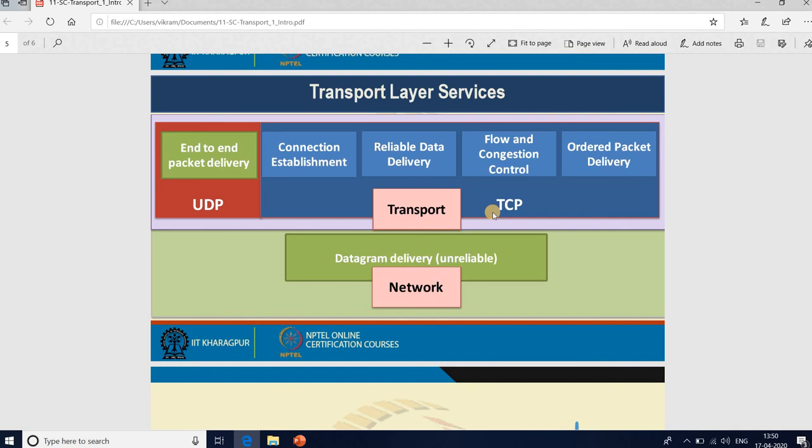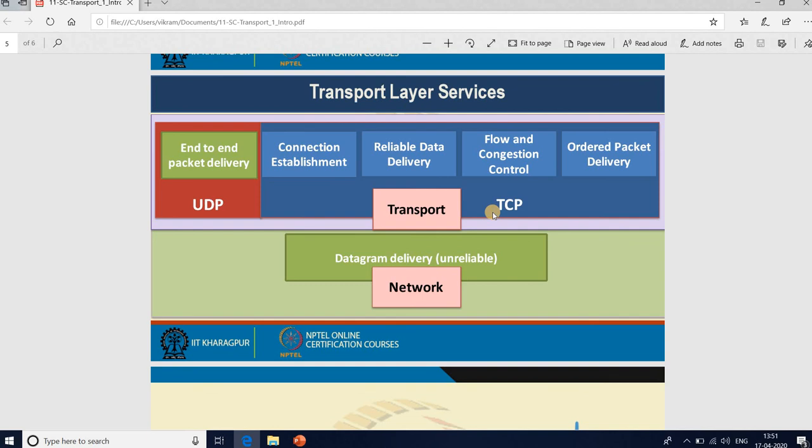It may happen that at intermediate routers a packet is dropped because of buffer overflow, or apart from buffer overflow, there can be errors during the physical transmission of the packet. There can be channel interference, which can happen in wireless networks. So there are multiple reasons why a packet may be dropped.